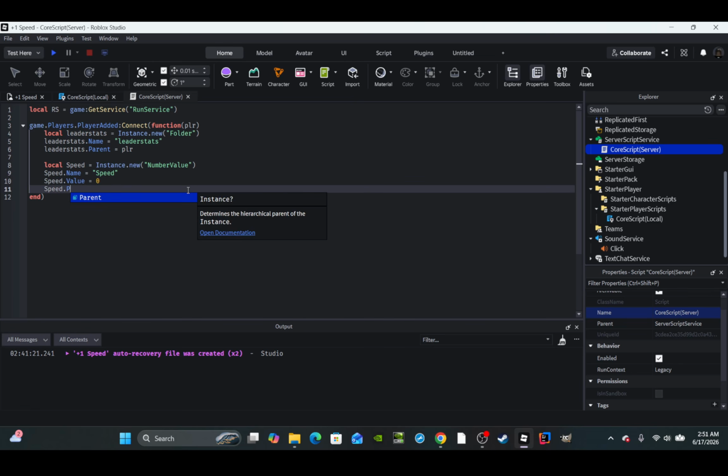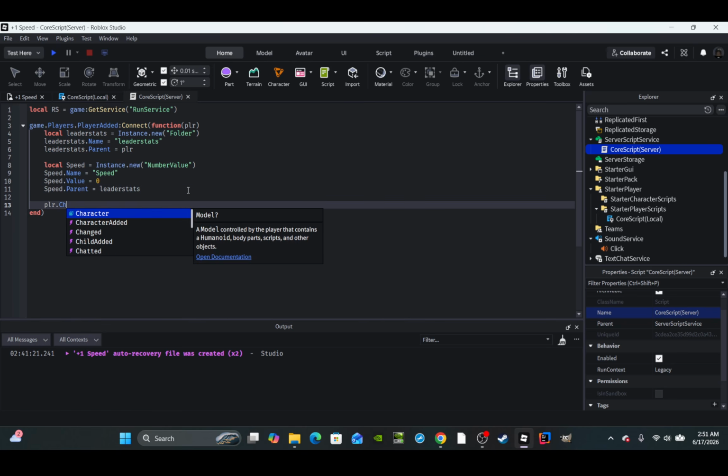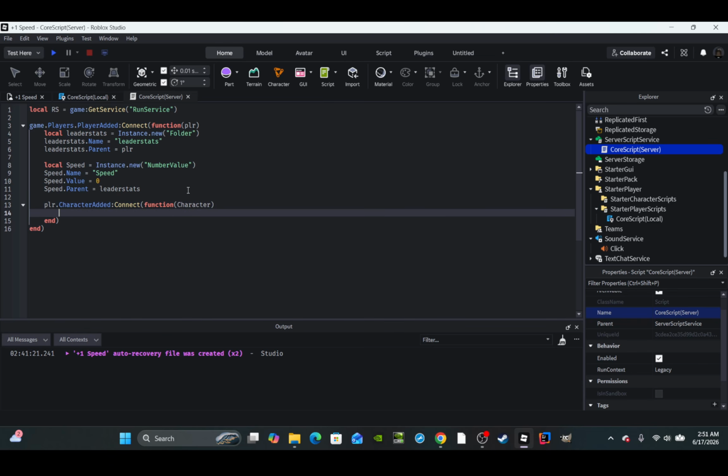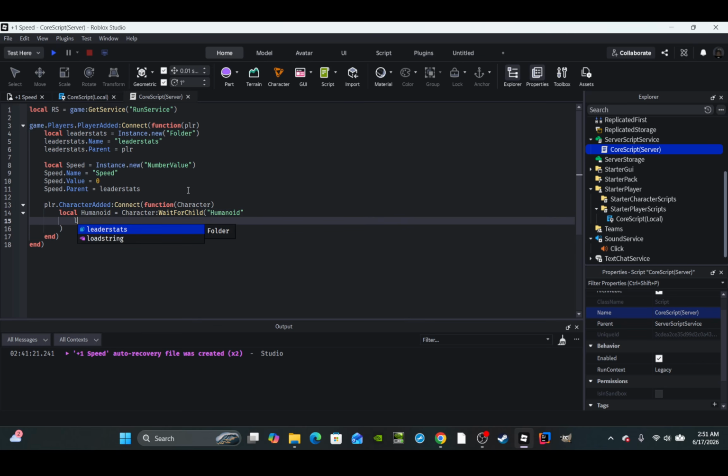Then we'll say speed.parent is equal to leader stats, so we can display the speed. And then we'll say player.CharacterAdded:Connect(function(character)), then enter. And then we will get their humanoid: character:WaitForChild("Humanoid"), oh my bad, Humanoid, and then we need